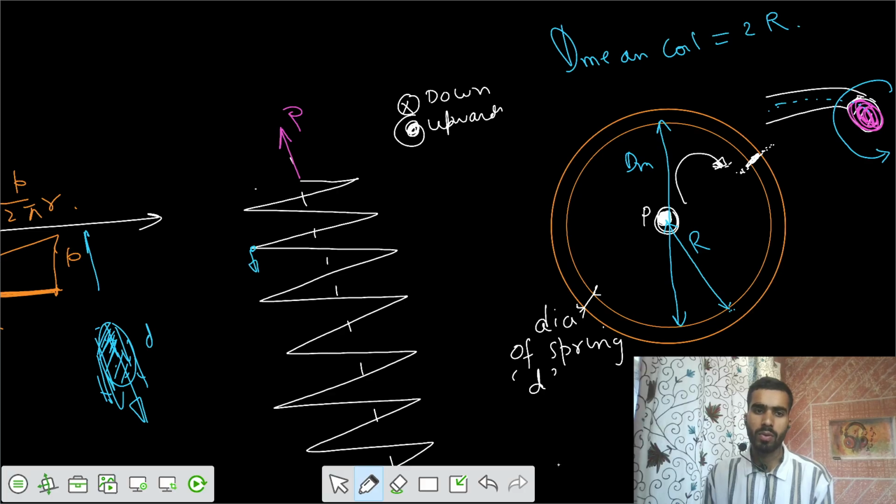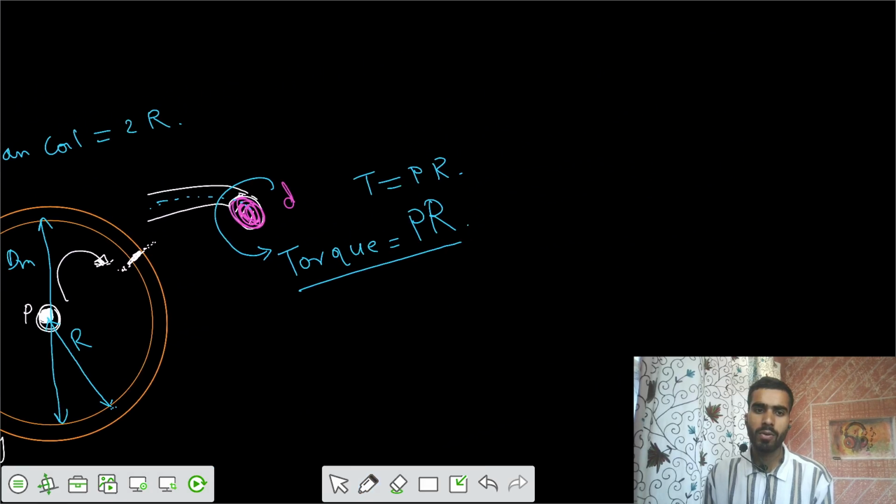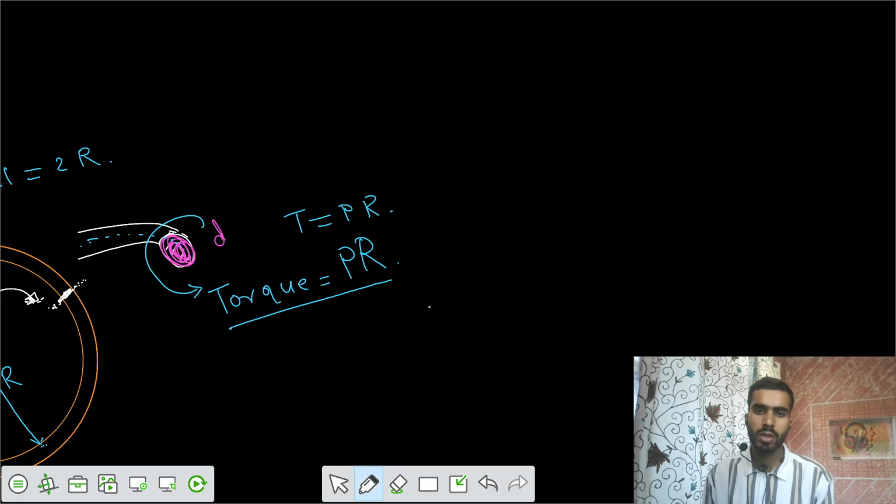Anywhere that would be downwards. You cut any section, there would be a shear force downwards. So if anywhere you cut the section, there would be a shear force downwards. So if I represent this torque, if I have this diameter now,